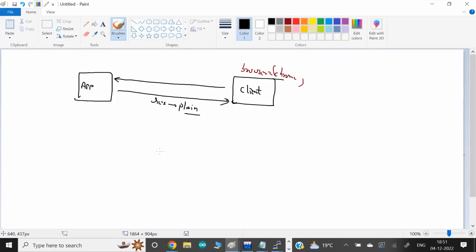Okay, let's come to this point. On the client side, we mostly want the data in plain text.